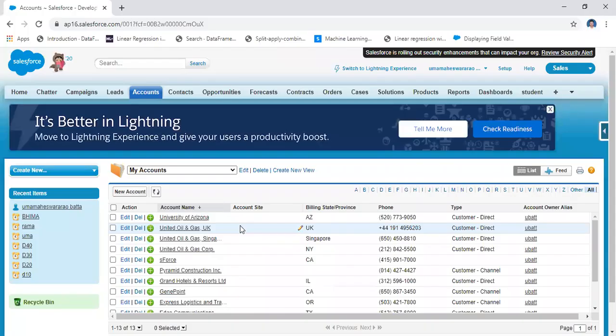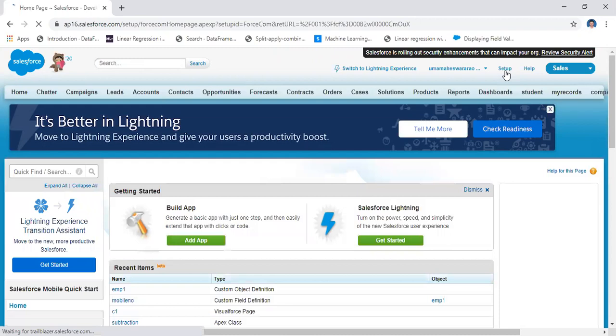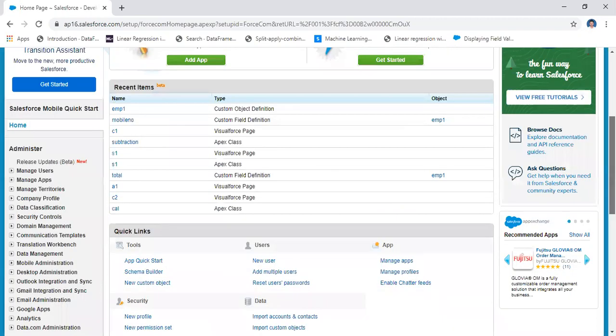For creating an application, go to setup. On the right side you have the option to switch to Lightning Experience. After that, there is the setup icon. Click on setup, then go to build.